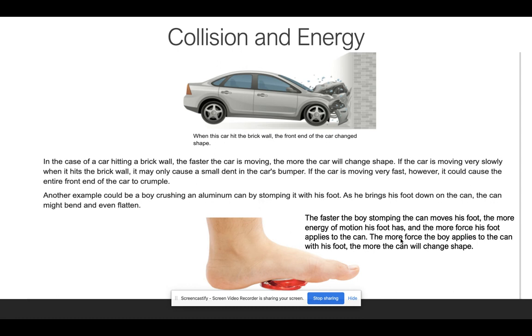Okay, and here we go. Here's our car collision. When the car hits a brick wall, the front end of the car changes shape because the wall doesn't have any type of energy because it doesn't move. It can't move. It's in the same spot. So because there's no energy that can be transferred into the wall, it forces the car to crush or get smashed or change